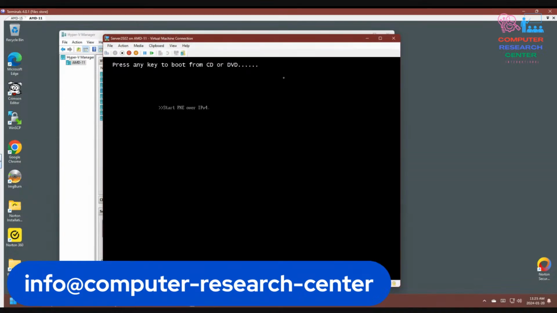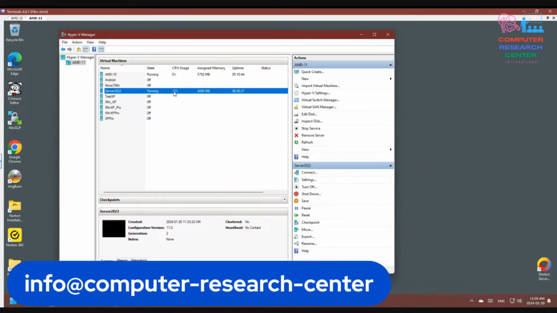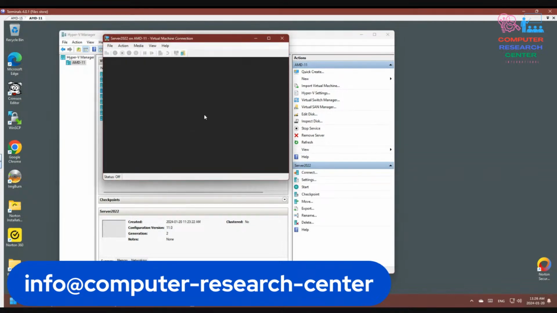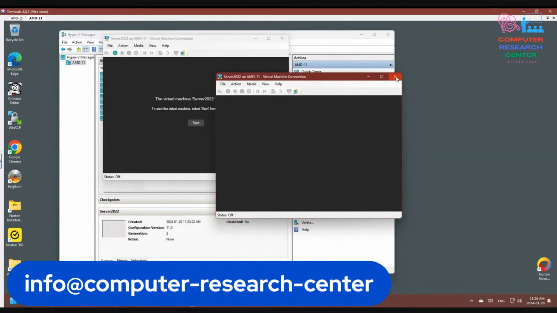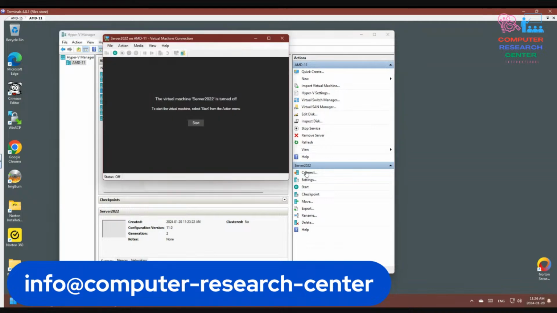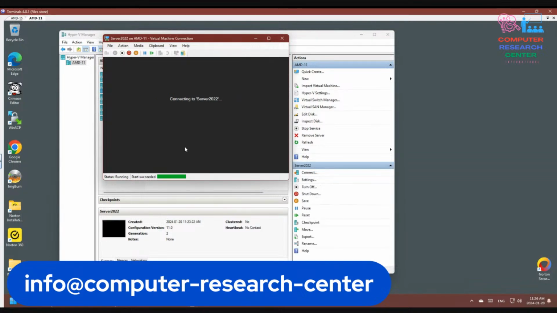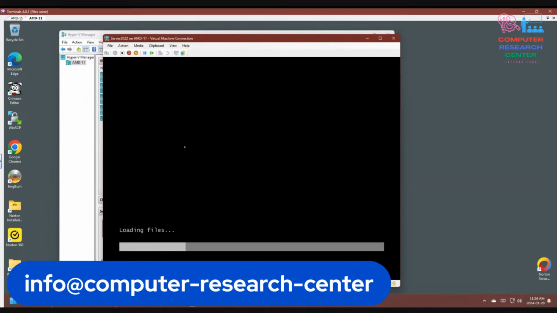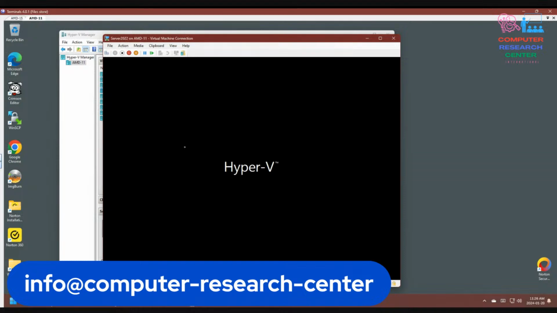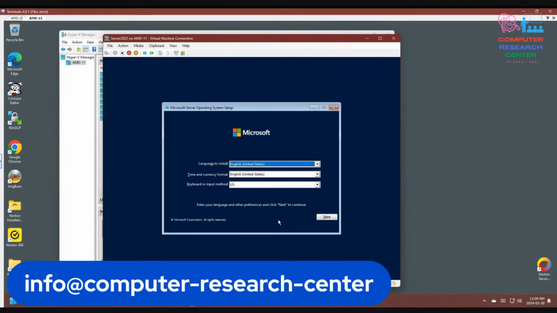Now look at this one. What happened is we did not press the button, and it did not go there to start. It should automatically get there, but I don't know why it is not started. I'm turning off, connecting, this is the proper way I do. When the screen comes up, oh, there is another one. I'm clicking two times maybe. So Connect, Start. If you start this way, it should automatically go. I don't know why it's asking, it should not at this point. But when we press some button